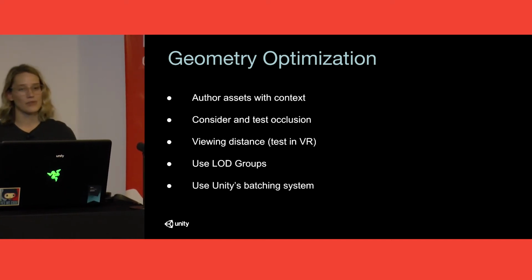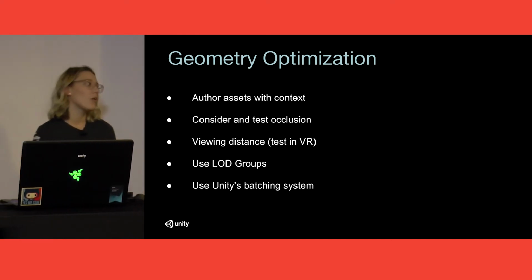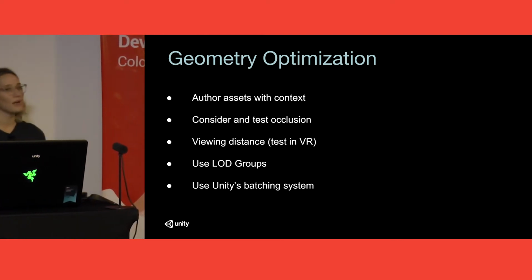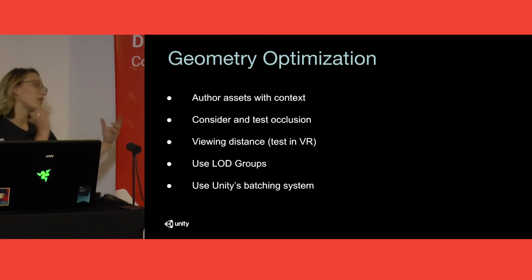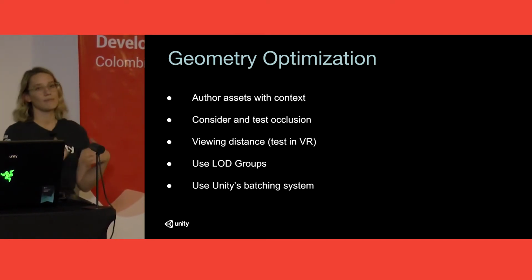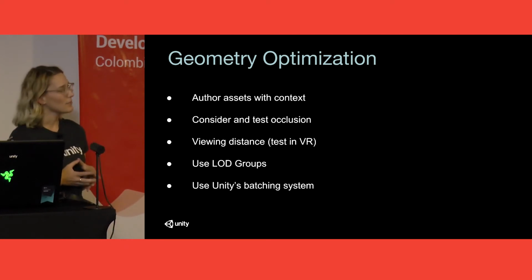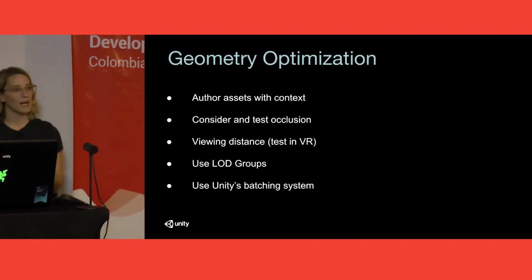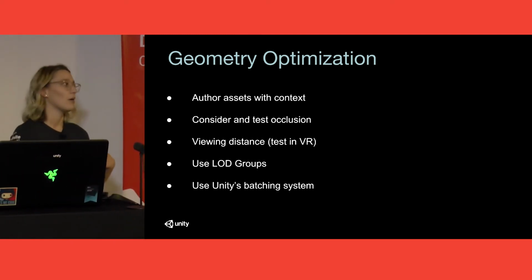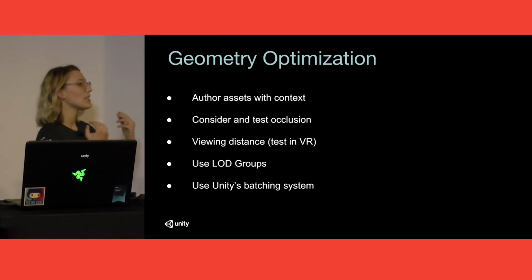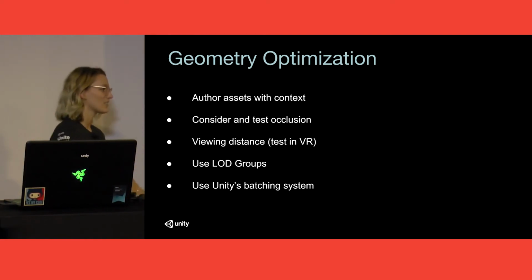You also want to use Unity's batching system. Unity has a dynamic and a static batching system. The dynamic batching system is going to be enabled by default for all of your models that have the same material. So if you can get as many of your models using the same material as possible, even if they're using different textures, then Unity's dynamic batching system is going to process them a lot faster. For static batching, you actually need to mark your objects as static, so these are objects that aren't going to be moving.